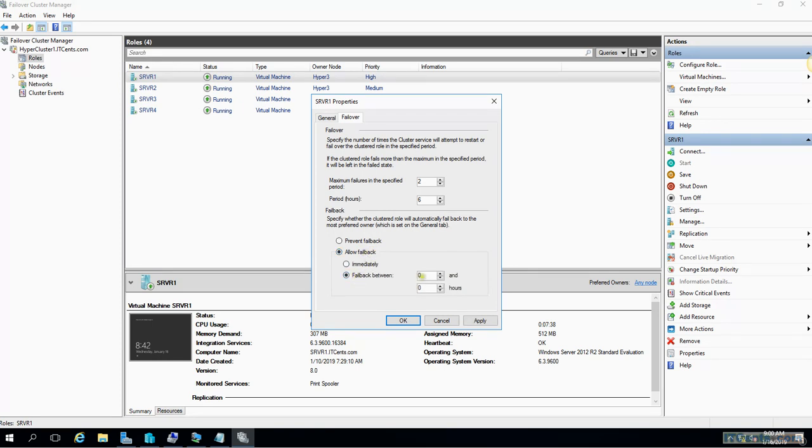You would like to fail back between the time period or immediately, or you can prevent failback. I'll leave it for automatic VM resource and load balancing feature of failover clustering. Okay,